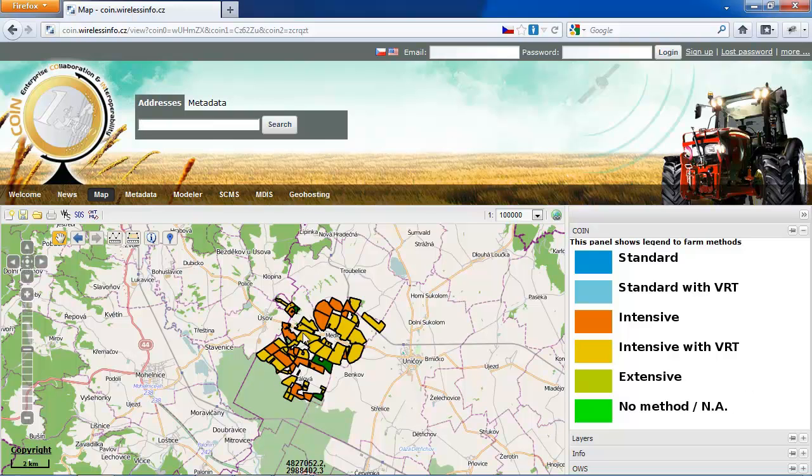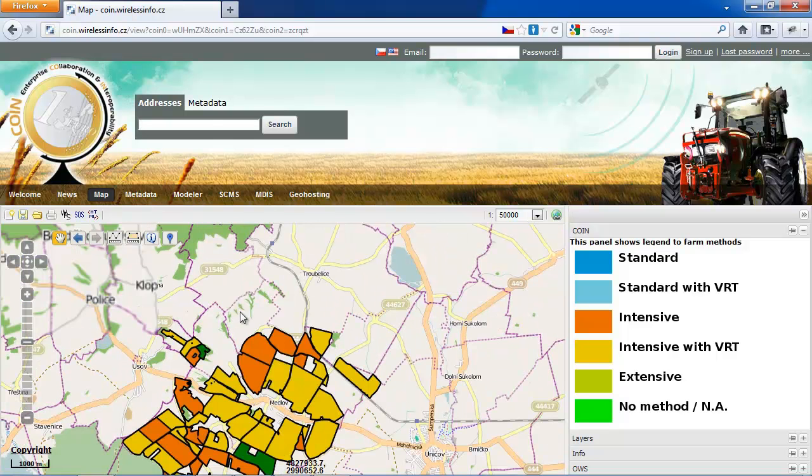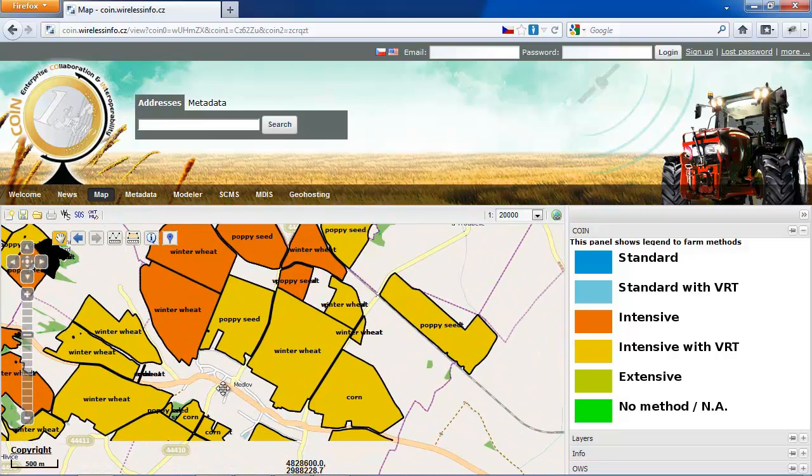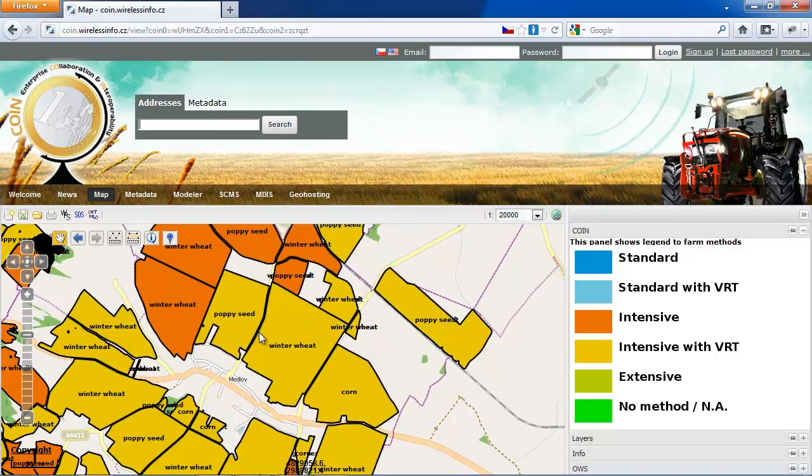So now you can see that there are intensive with VRT, and some of them have no methods. If you zoom in enough, you can also see names of the crops which should be on these fields. So for example here, winter wheat, corn or poppy seed.